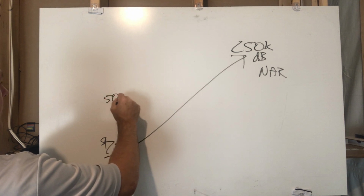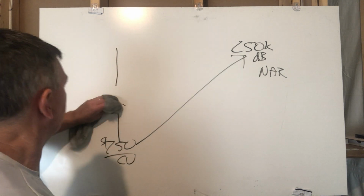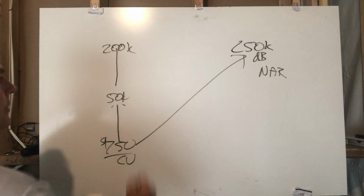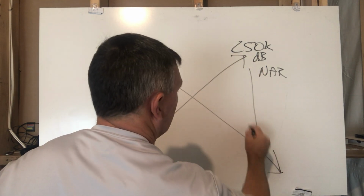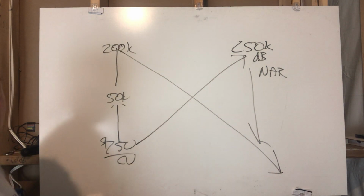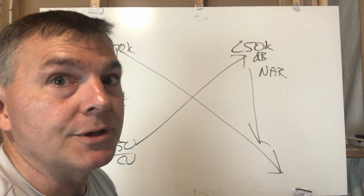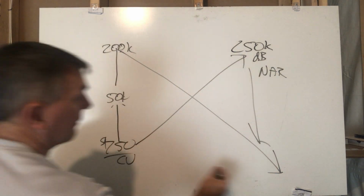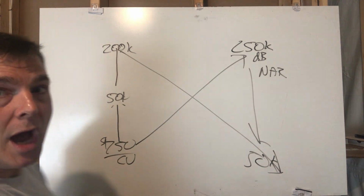Now you got 500, and now we're going to say you have, probably not 500, we'll say you have $50,000. Now you got $200,000. All right. So what happens here is the net at risk drops, because as the cash value goes up, the death benefit goes down to the life insurance company. And so as the death benefit declines to essentially you got 50,000 net at risk here,